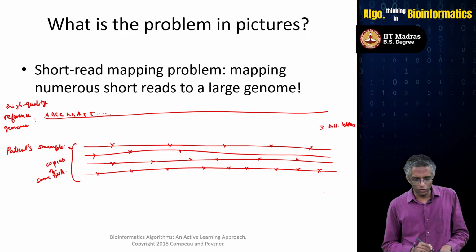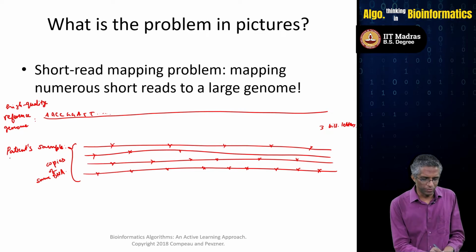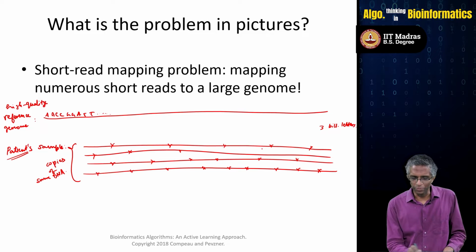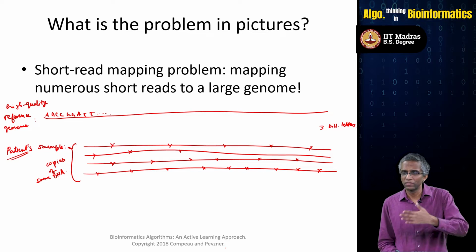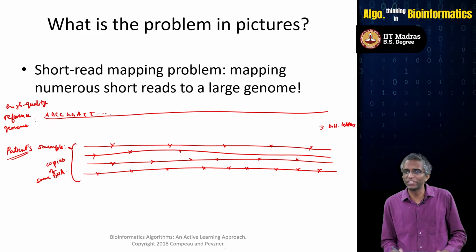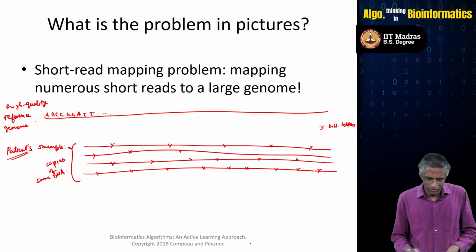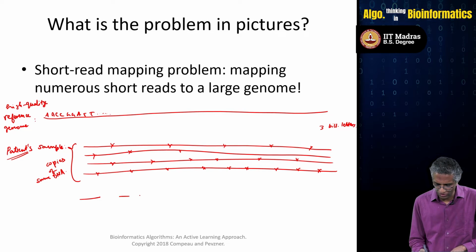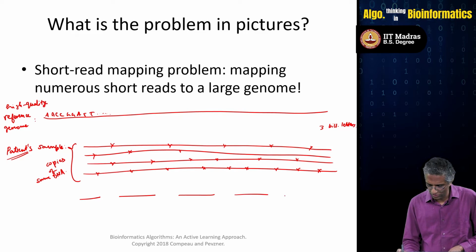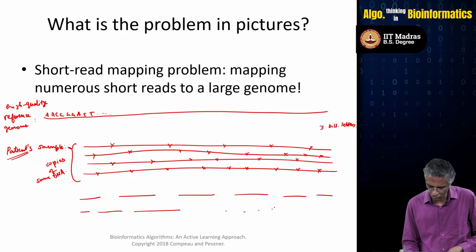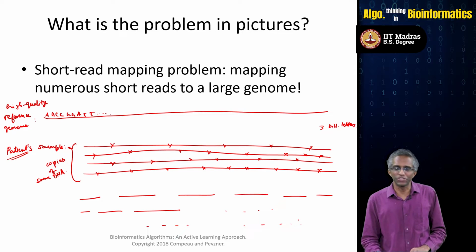So all of these copies of the same DNA from this particular patient are being fragmented into these shorter fragments. Now each of those fragments, and so on, right? All of these fragments are all fed into the sequencing machine, and then you are able